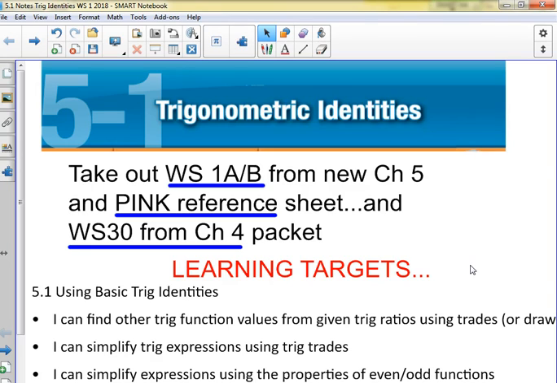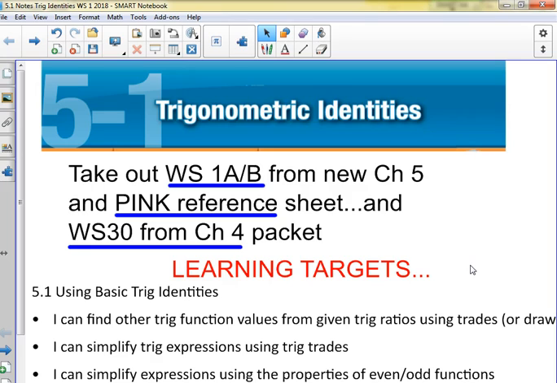So today we're gonna start chapter 5. We're still doing trig. This is a small packet. You will notice there's only 10 worksheets. Okay. The big priorities are